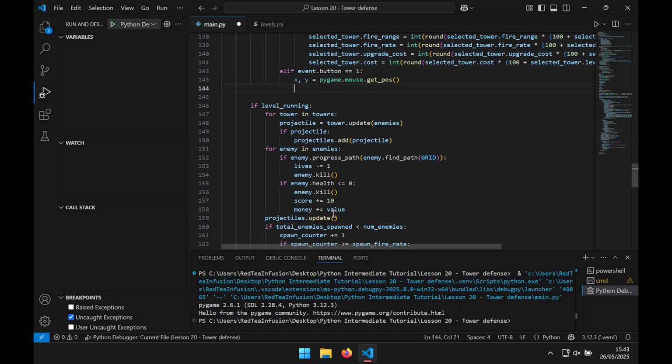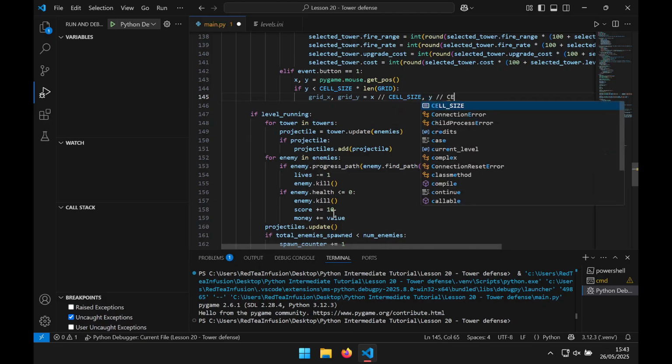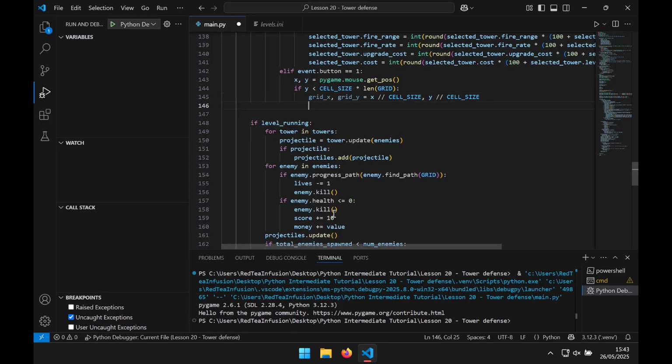New line, if y less than cell_size multiplied by len of grid column, new line, grid_x, grid_y equals x divided by cell_size, comma, y divided by cell_size. New line, try: